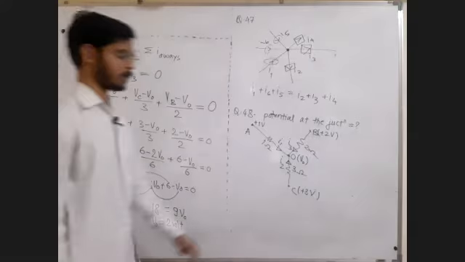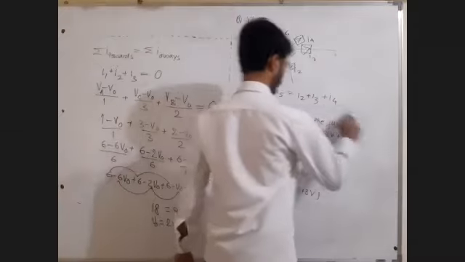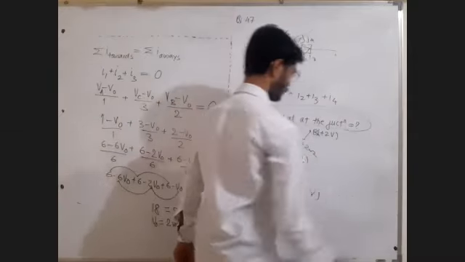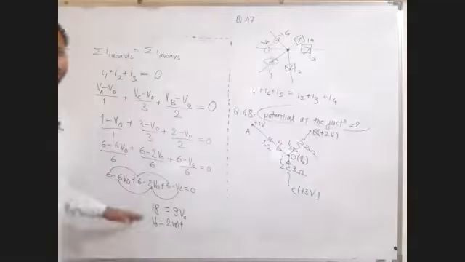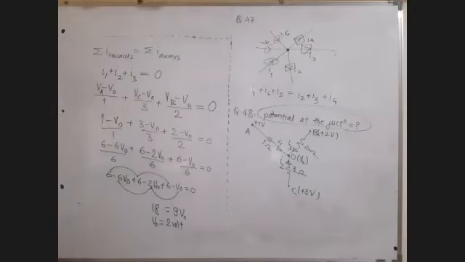Reply to me in the chat box. Finding junction potential: is this type of question clear to all of you? Just like temperature at the junction, this is voltage potential at the junction. Write it down and let me know in the chat box.